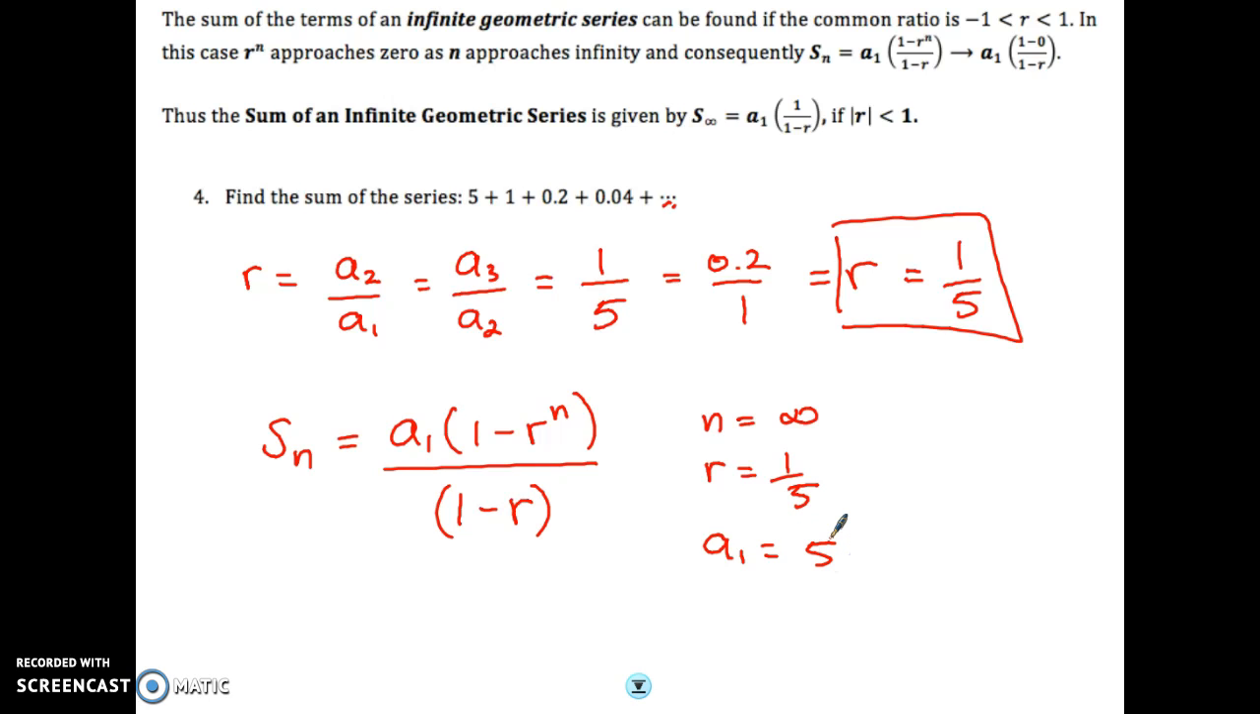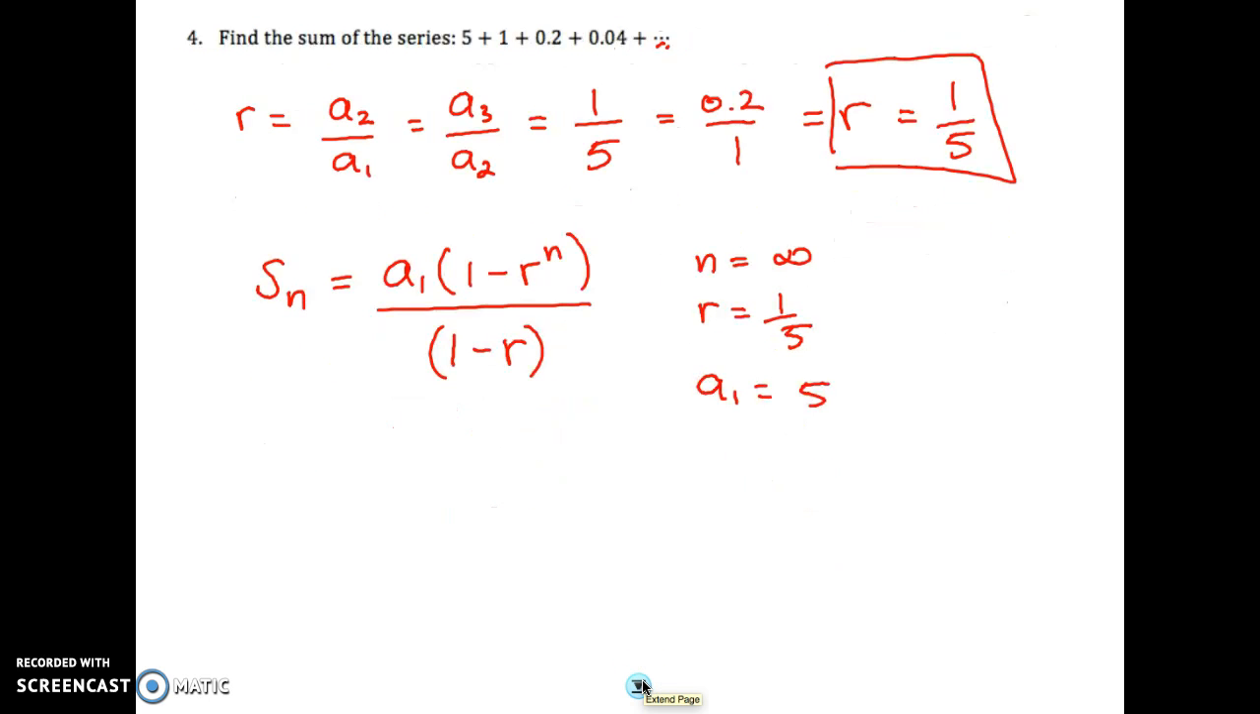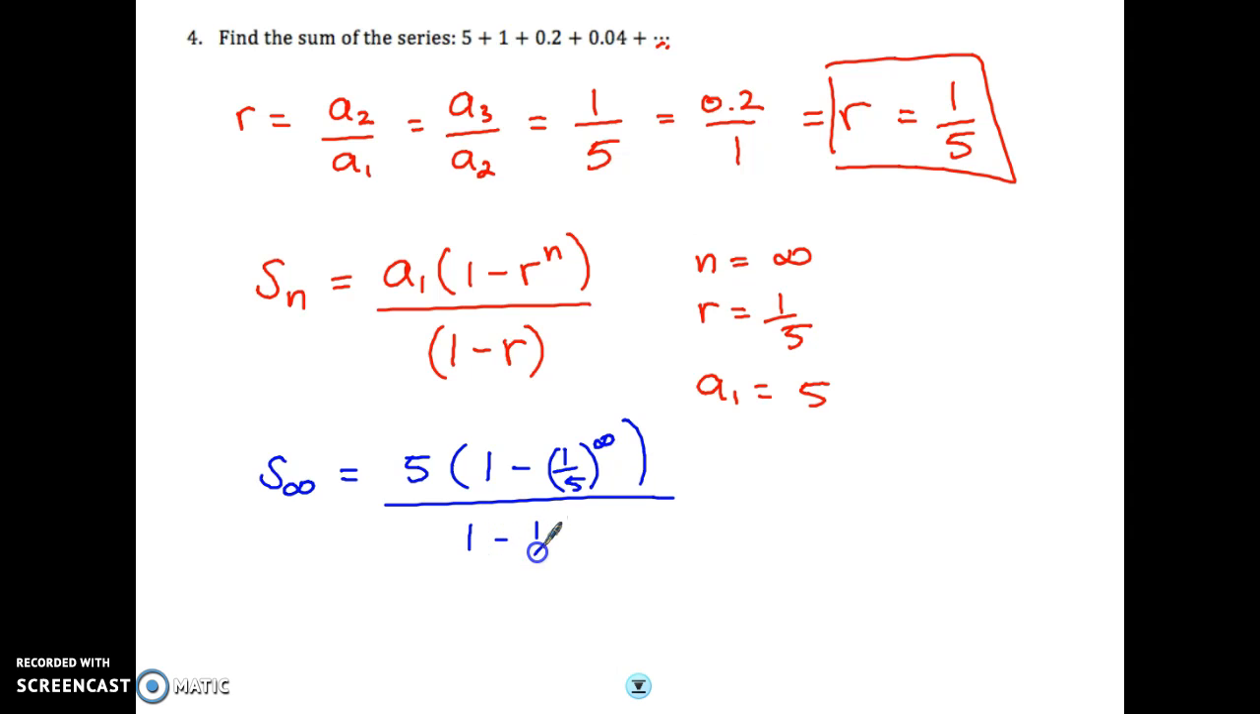So it appears that we have all of the necessary information, but we might be a little bit concerned about the fact that we've got this n equals infinity. Let's just see how this pans out. So the infinite sum should be equal to 5 multiplied by 1 minus 1/5 to the power of infinity, all over 1 minus 1/5. Well, actually, when we go ahead and try to put this into our calculator, we're going to run into a problem because we cannot put 1/5 to the power of